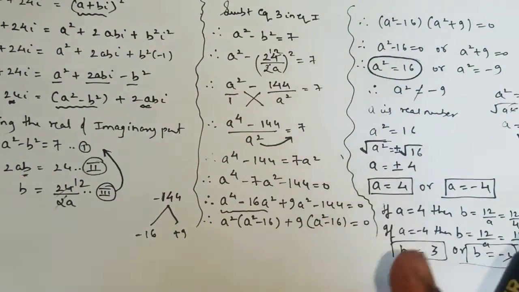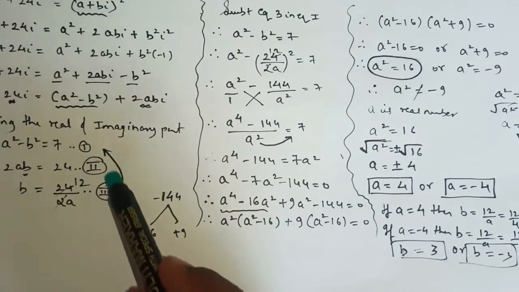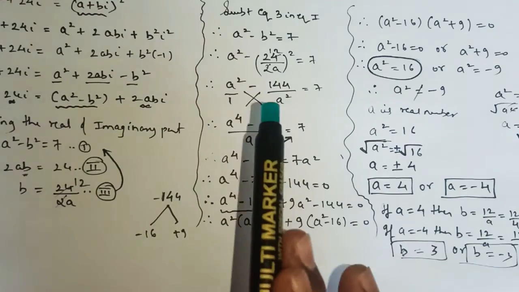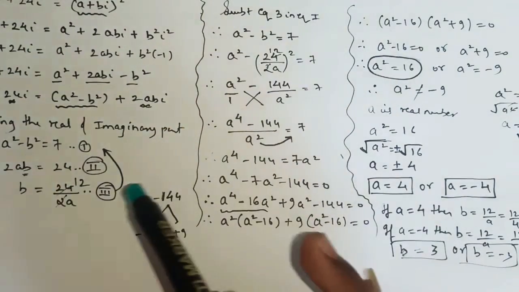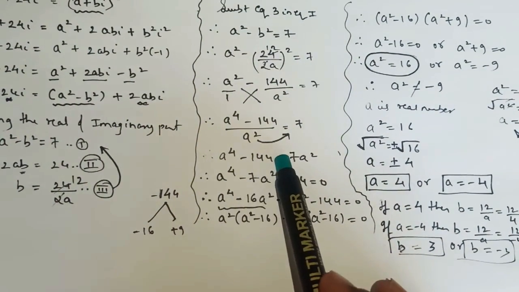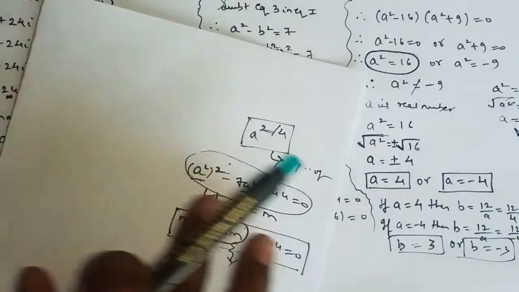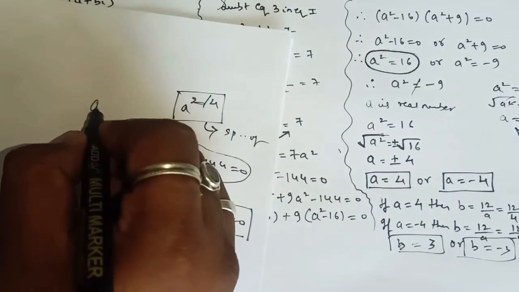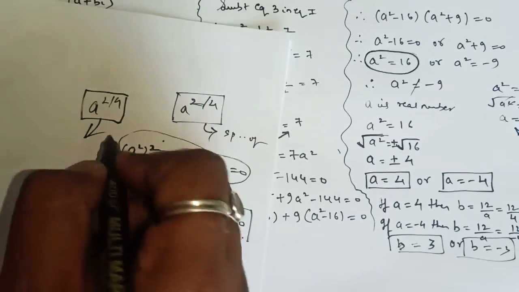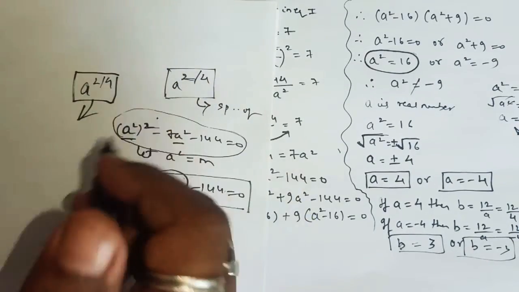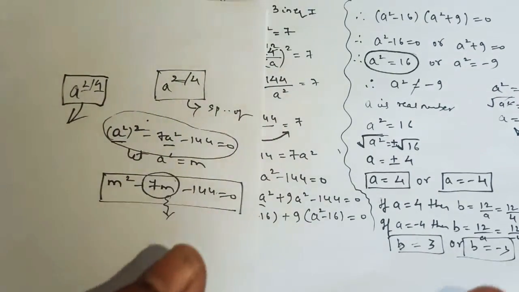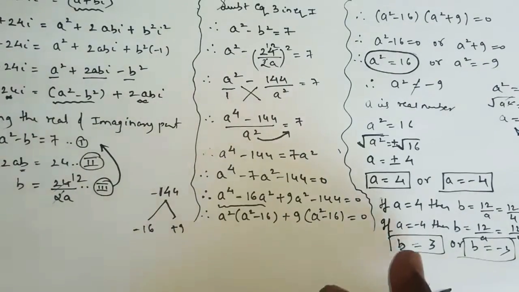So in each and every sum, you will get three equations like this. Then always substitute equation number 3 in equation number 1. This is the fixed format for each and every sum. You will substitute equation number 3 in equation number 1, where you will get a quadratic equation. As I told, whenever the power of any variable is 2 or 4, still we can solve that particular equation by using the factorization method. Whether it is 2 or 4, we can do the splitting of the middle term. Remember this. So here we got the answer.